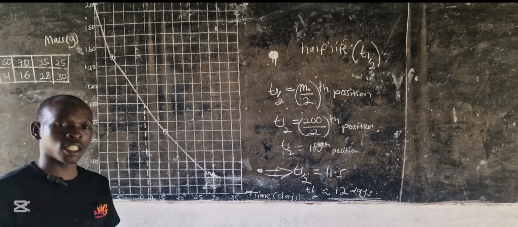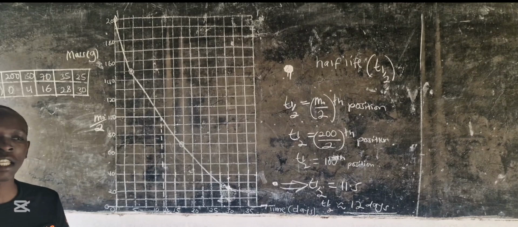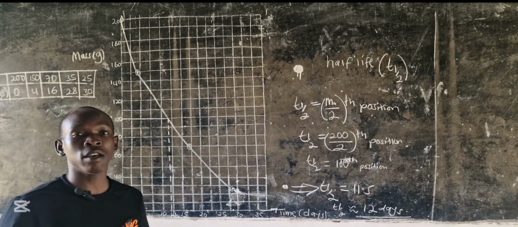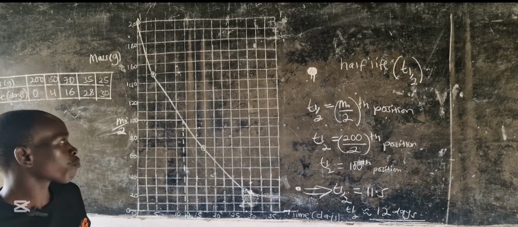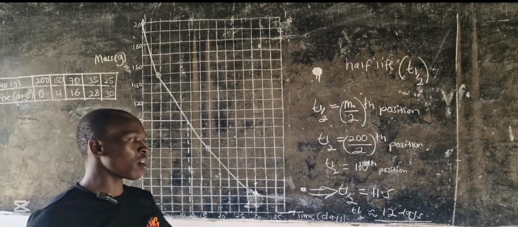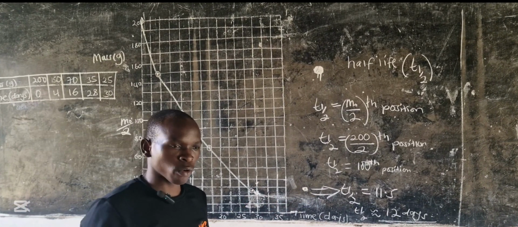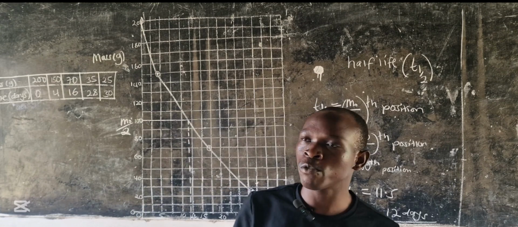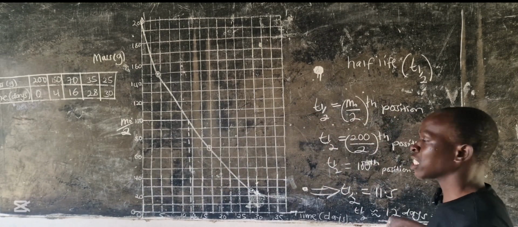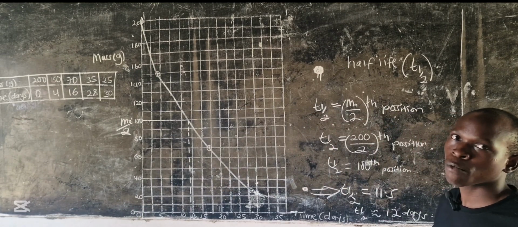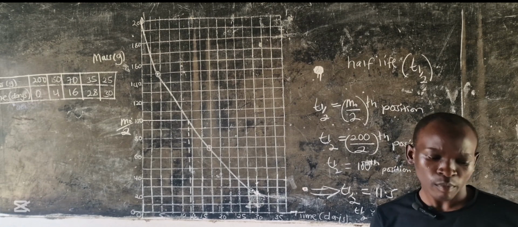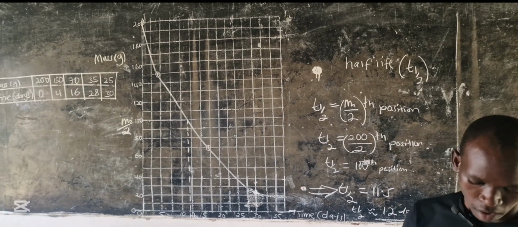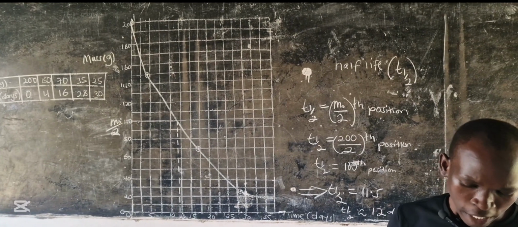Half-life, the spontaneous disintegration of a heavy unstable nucleus to form a stable nucleus accompanied by release of energy. So the half-life from my graph is 12 days. However, you can use your graph and you get something either similar to this or slightly different when you use a graph book. Now, another part, part C of the question,